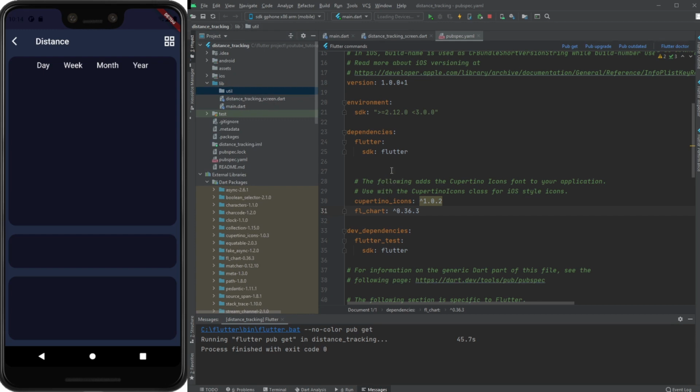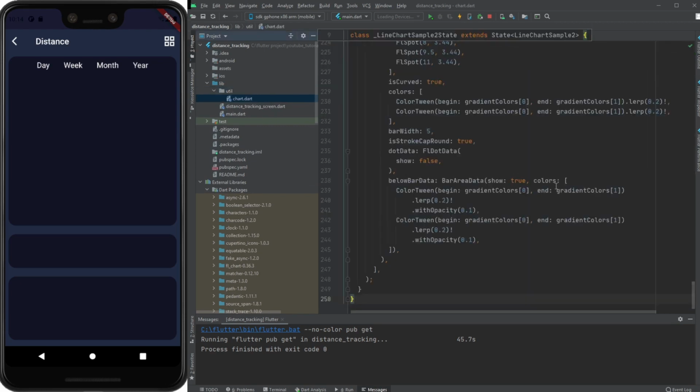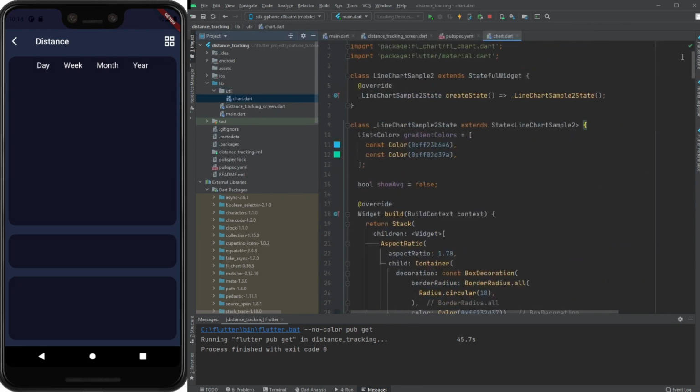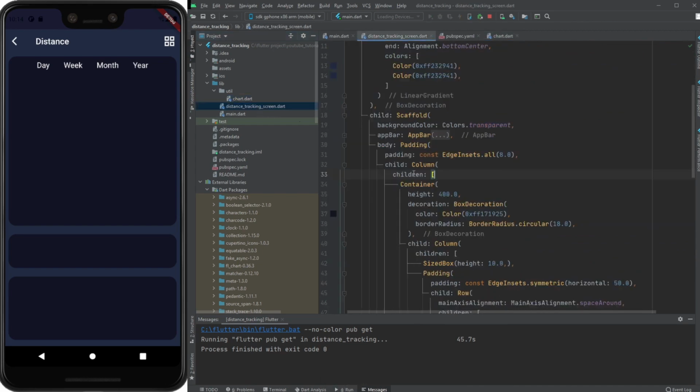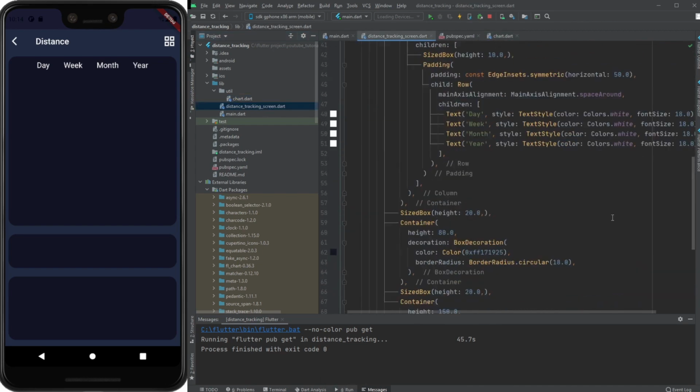Okay, mostly there are so many plugins available in pub.dev, so we will definitely use those plugins in our